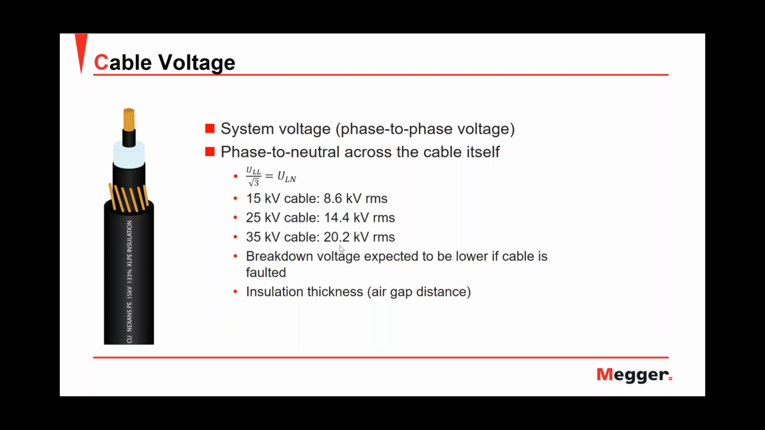Of course, these voltages are if the cables are okay, but if I have a fault in my cable, the breakdown voltage expected will be lower. In other words, if I have a faulted cable, the breakdown voltage will be determined by the air gap distance in the fault. Okay, so